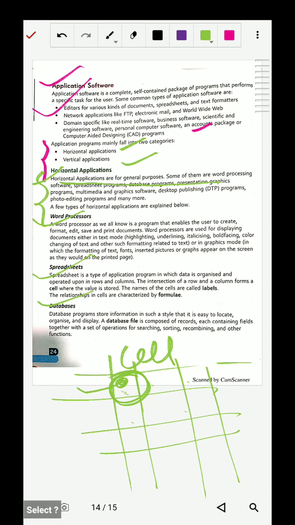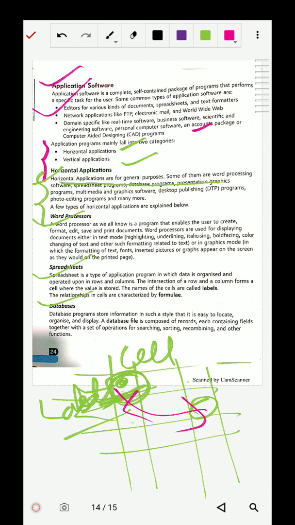We can store a value in this cell. The name of the cell is called a label; whatever name we assign to the cell is called a label. The relationships in cells are characterized by formulas. If I want to relate one cell to another, or interconnect them, it is possible with the help of a formula.